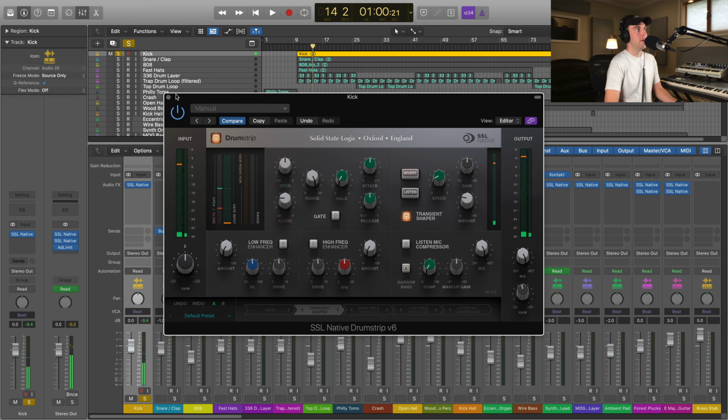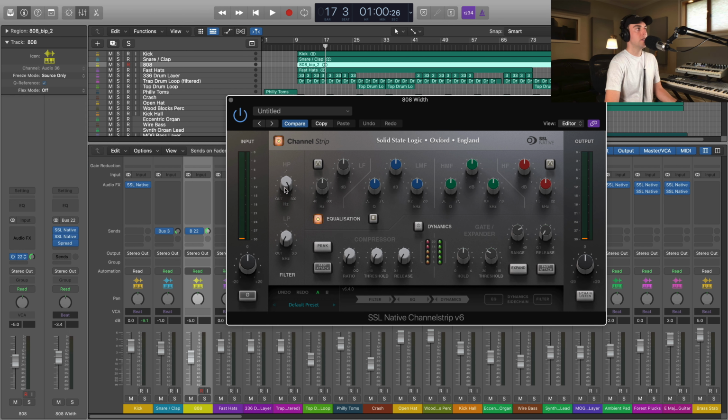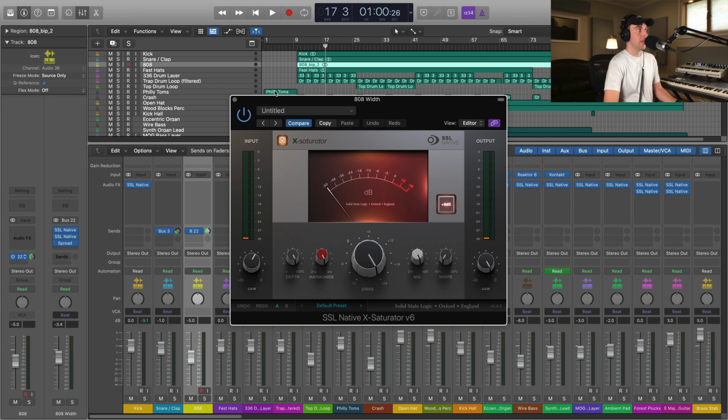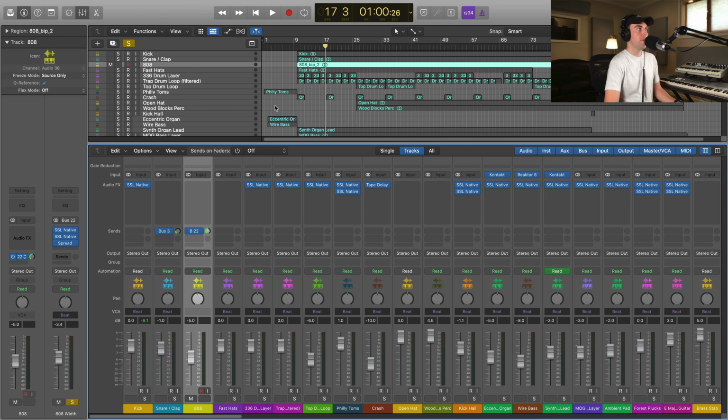So we go ahead and get that punch. With the 808, I actually have a little bit of parallel processing with the channel strip just to get rid of all the low end. And then I'm also heavily saturating it with the X saturator and then spreading that signal out to give us a little bit of 808 width. So if I just solo that, and then blended with the 808,